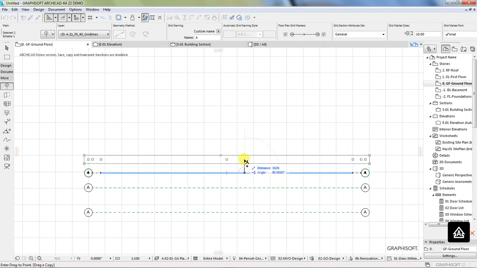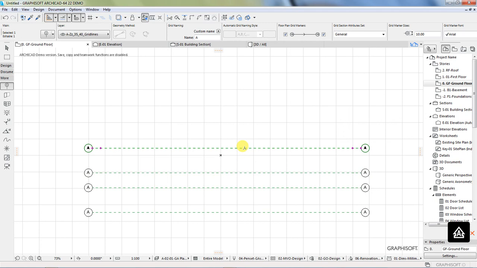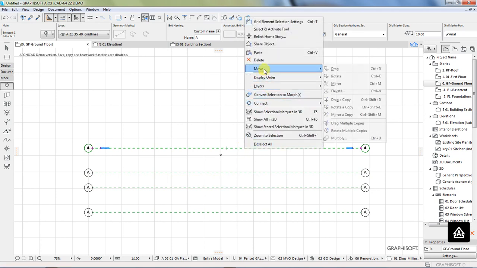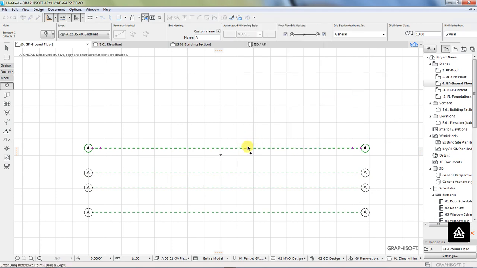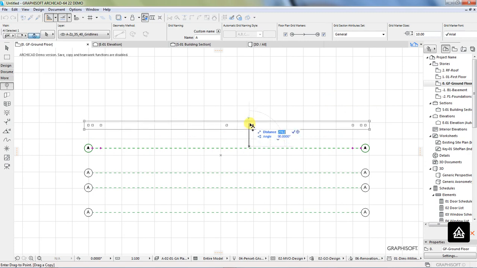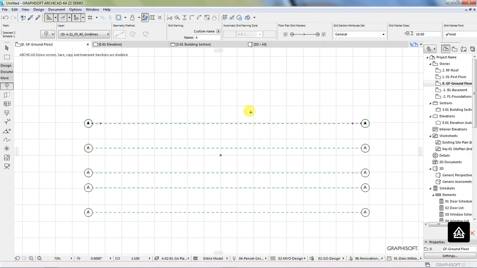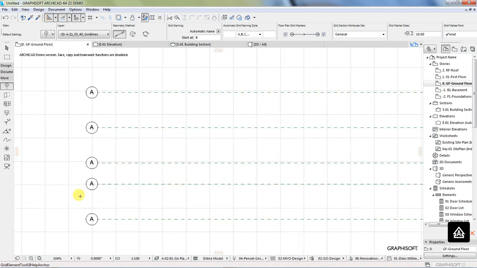So I'll drag a copy 3 meters, I'll drag another copy, 3 meters. Now for me to verify the distances,